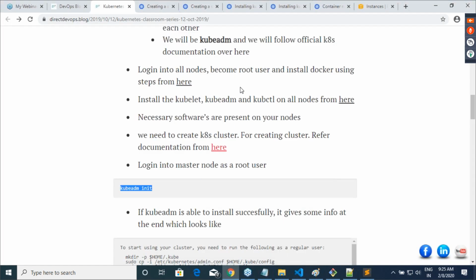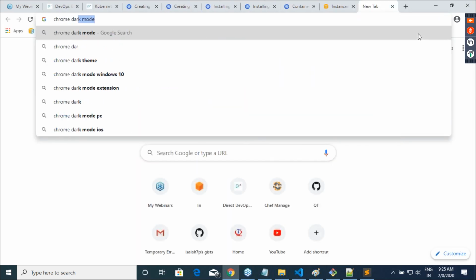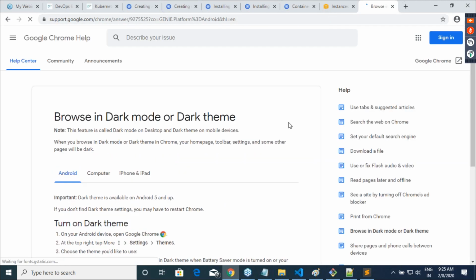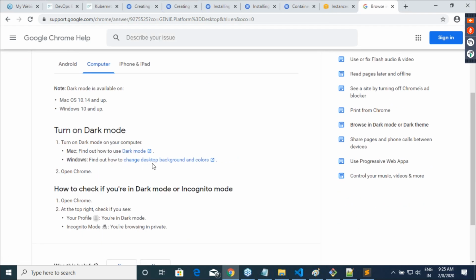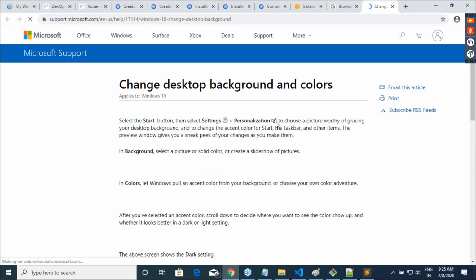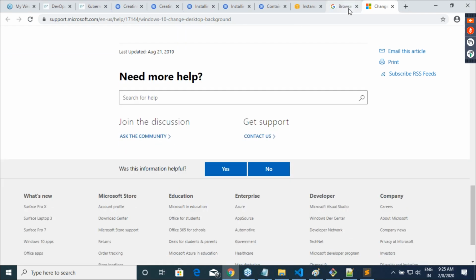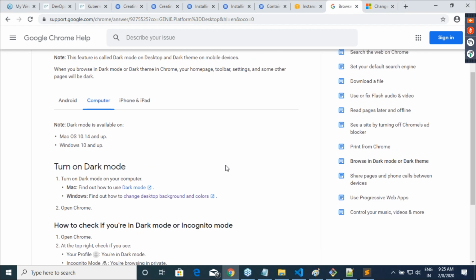To create the pod network, okay, in Chrome also we have a dark theme, right? Yes. How to enable that? Let me enable that one. It is difficult for me itself. Change the desktop background color. Pardon me? It will be in the themes, is it?